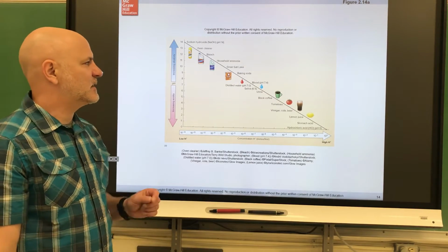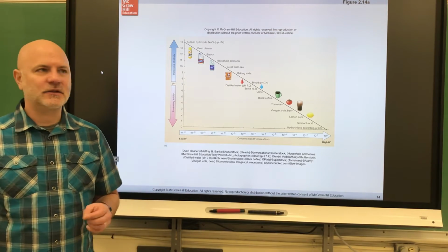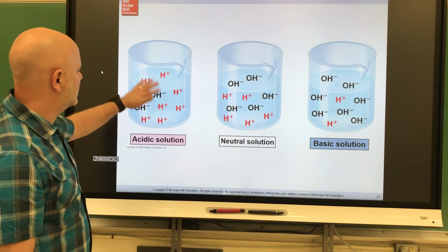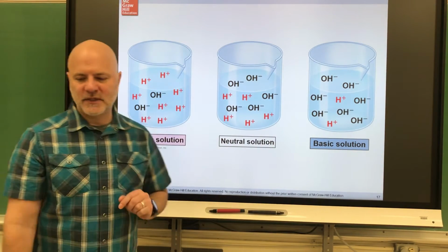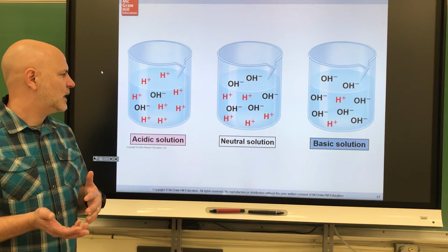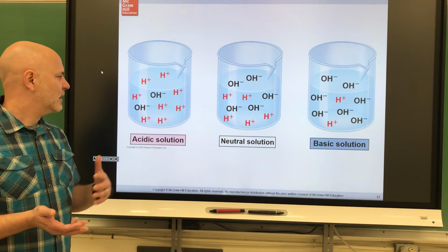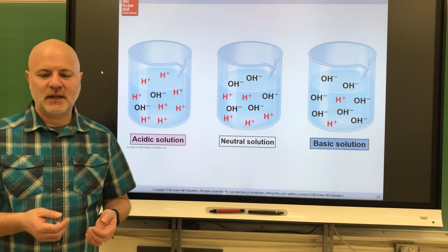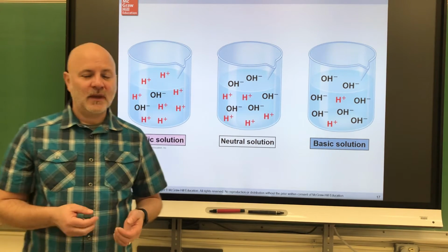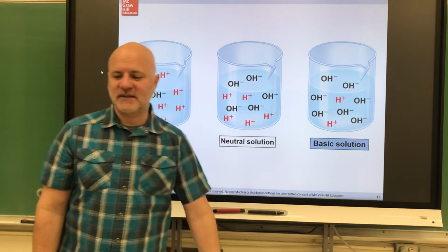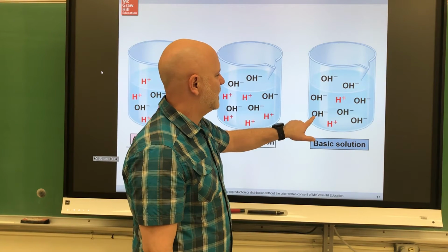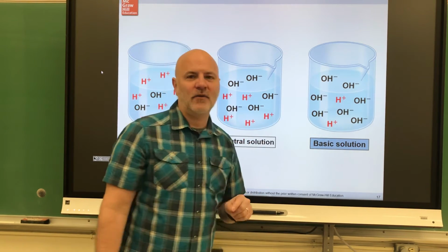So an acid is a substance that releases hydrogen ions in a solution. Okay, so if we look here, this is an acidic solution, a lot of hydrogen ions here. So if you take hydrochloric acid and put it into a solution, it will separate into hydrogen ions and chloride ions. Next is a base. A base is a substance that releases hydroxide ions. A hydroxide ion is an oxygen and hydrogen together, and together they have an overall negative